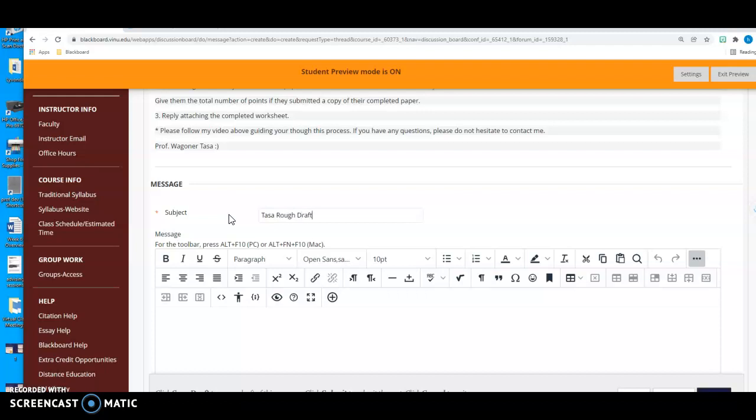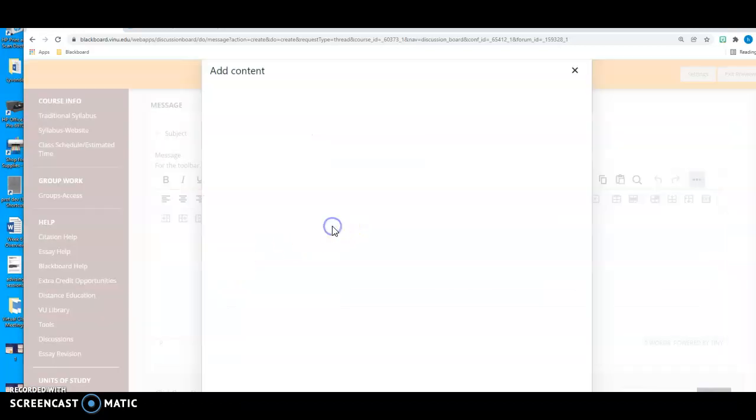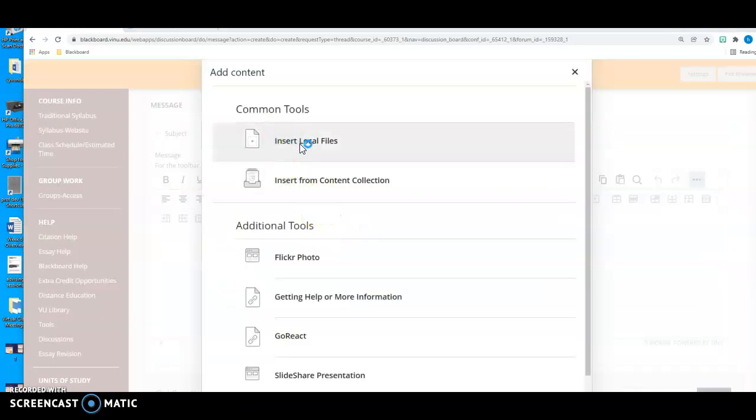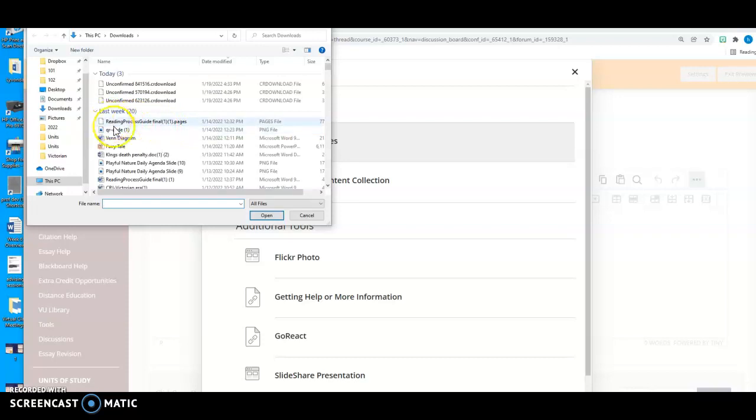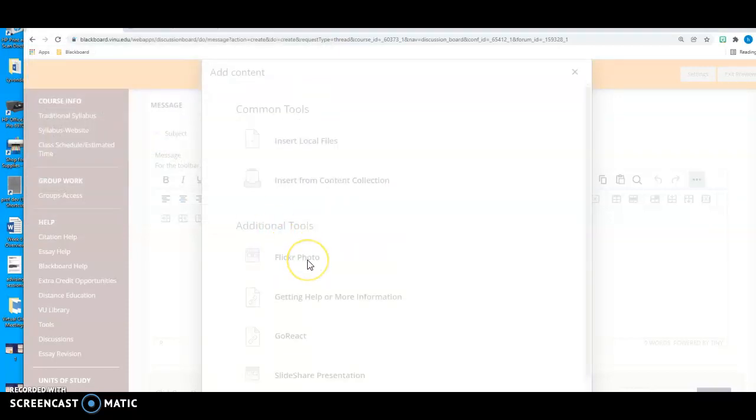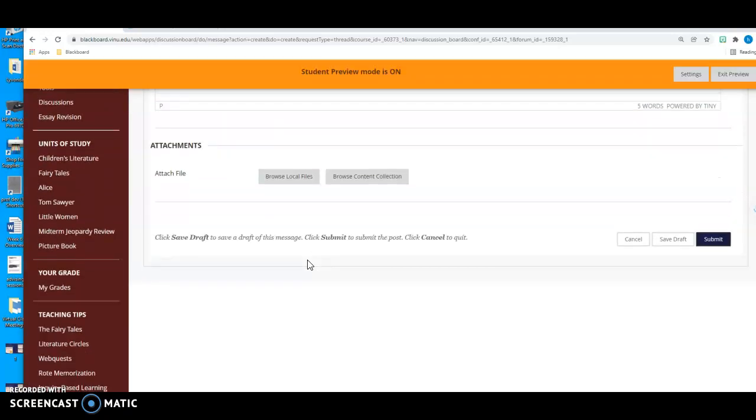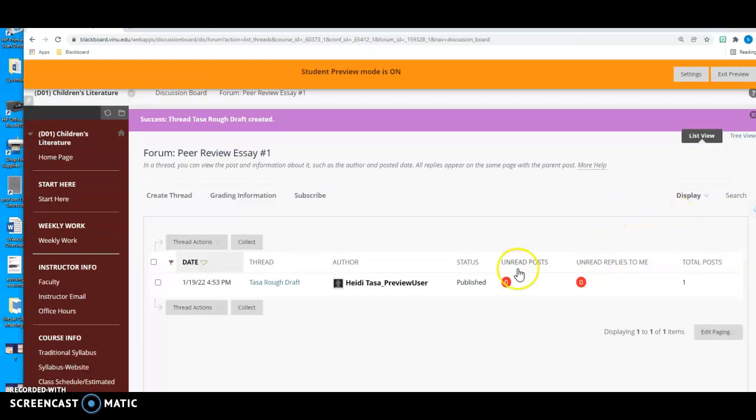Then people will know. And then I would click on it, and then you're going to insert a local file. So I'm just going to insert kind of any file that I have right now. And then I would click submit. Okay. So whenever you are coming back to this,